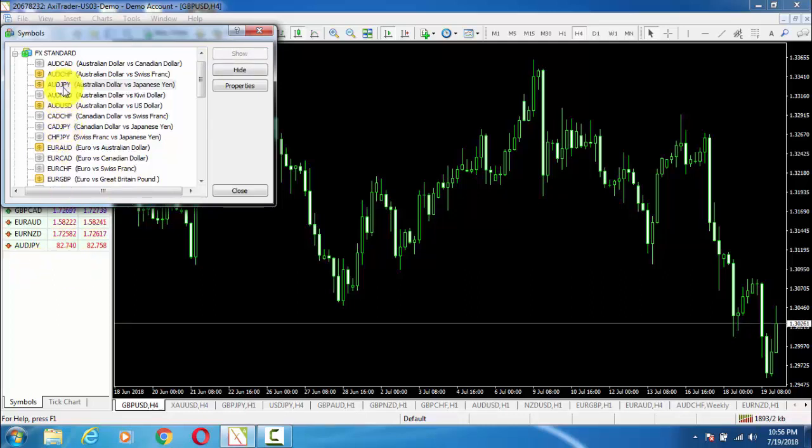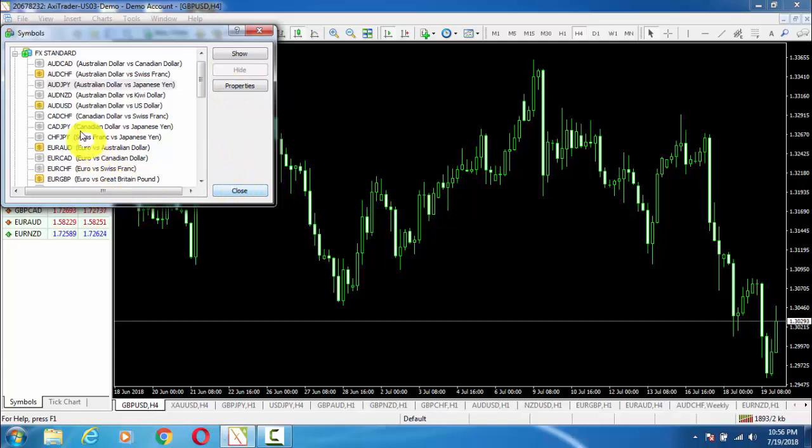Okay, if I want to hide it, then I can hide it, and then we will press close. Or what we can do, we can just double click on that, and it will also hide or remove the pair. After that,